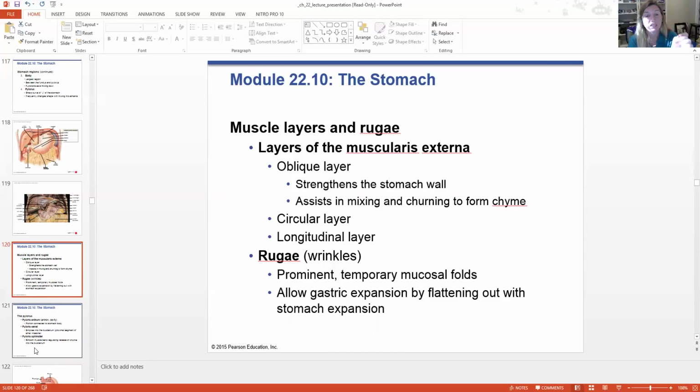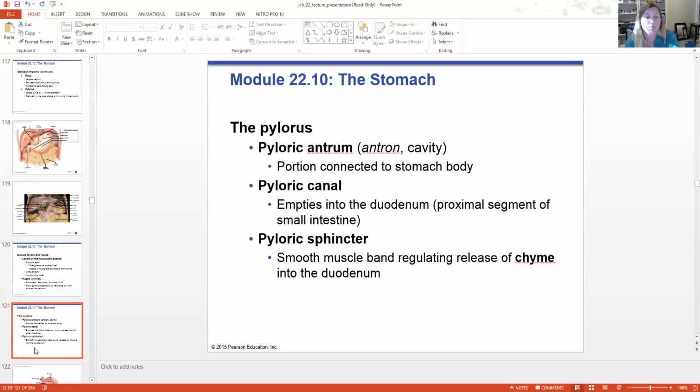There's also rugae inside our stomach. The rugae are the wrinkles. They're temporary folds, and they will allow for the stomach to expand when it is being filled. The pylorus itself has a pyloric antrum. This is the part that's connected to the body, a canal which empties into the duodenum, and then the sphincter, which is the actual smooth muscle band, which is going to allow for the chyme to go from the stomach